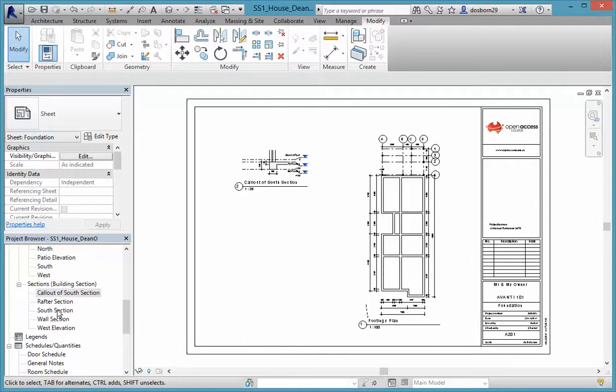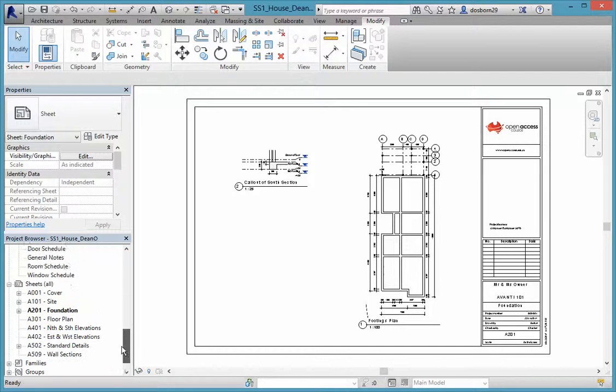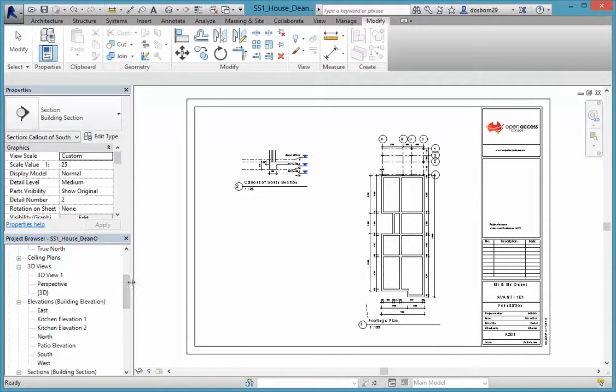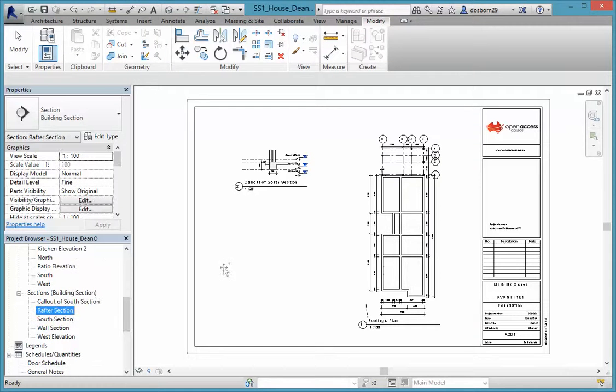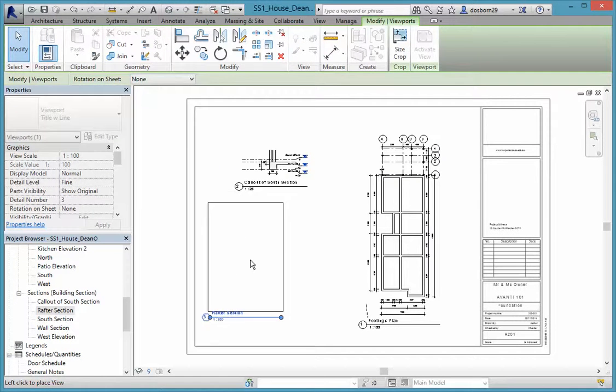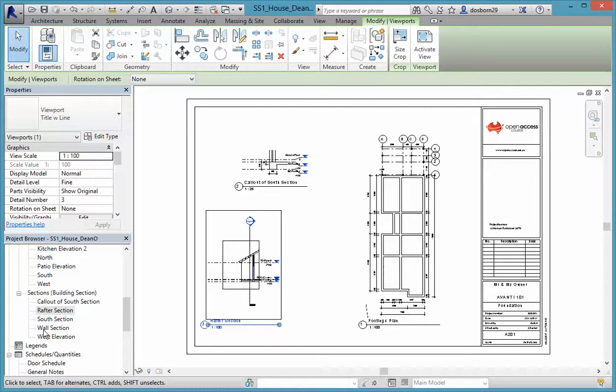The rest, I think we could probably put all the sections in there. I think we haven't got any room for other sections, so I think we'll just put all those other sections in there. So we've got the rafter section,